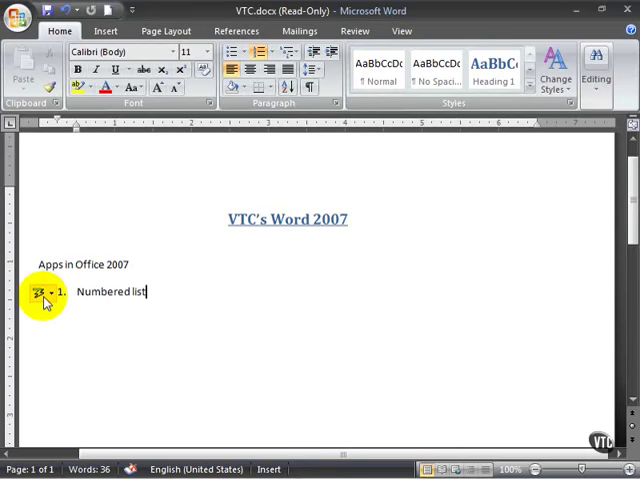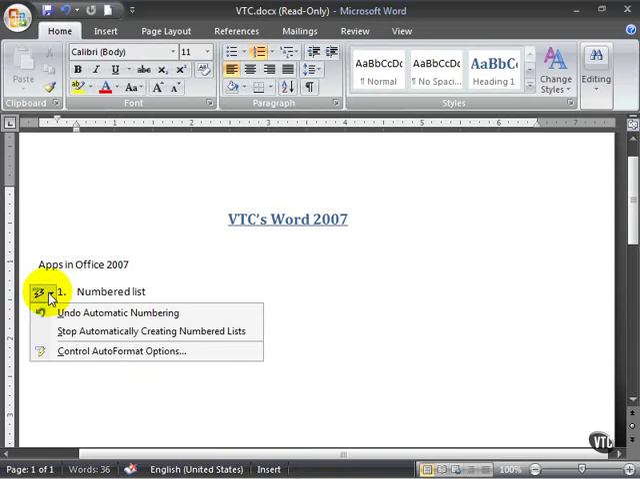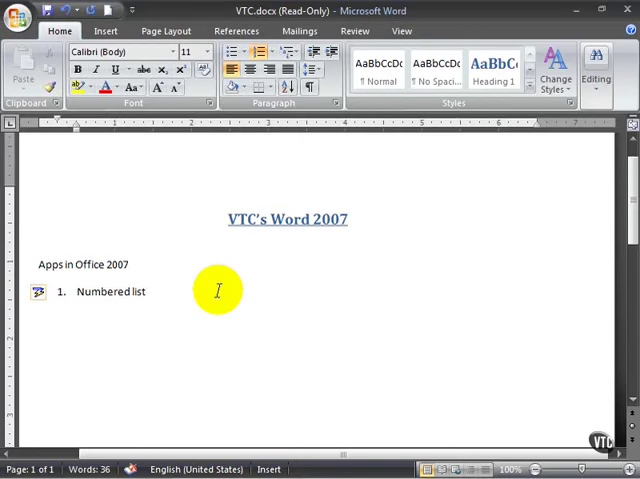list. Now, notice that you also have this autocorrect option over here. This is how you can stop automatically creating numbered lists, control your auto format options. That brings up a dialog box so you can undo this behavior if you want to, and you can undo the automatic numbering that just happened. But that's one way that you can create numbered lists as you go. Now if I press enter to start a new paragraph, it gives me a number 2,